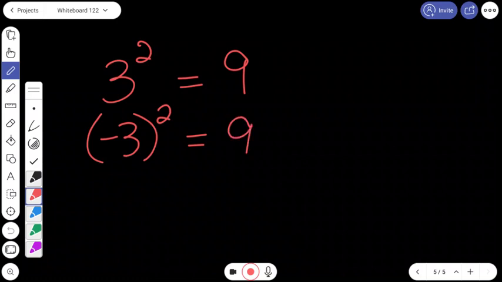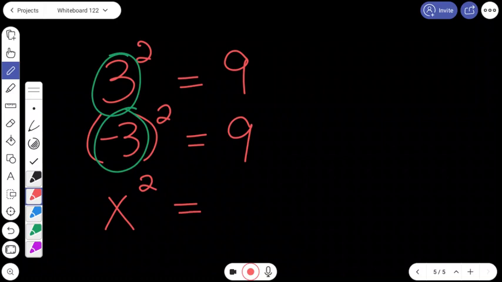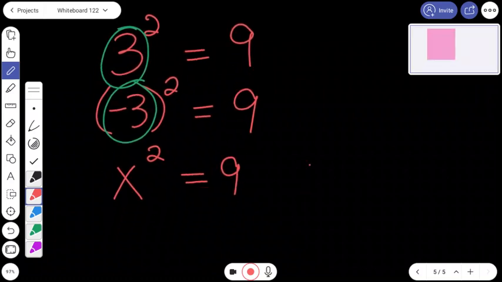That also gives us positive 9. So you see here we had 2 separate values, 2 different numbers that would both give us a positive 9 when we square it. So if we give you the equation x squared equals 9, hopefully you could tell us that, hey, there are 2 different answers that we could square and give us the number 9, a positive 3